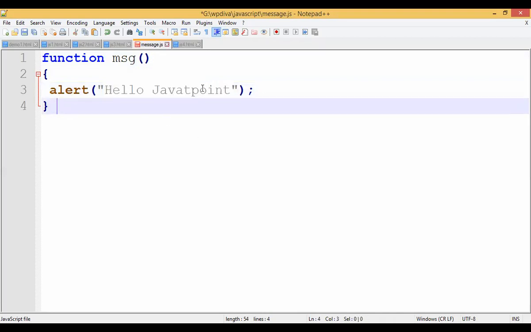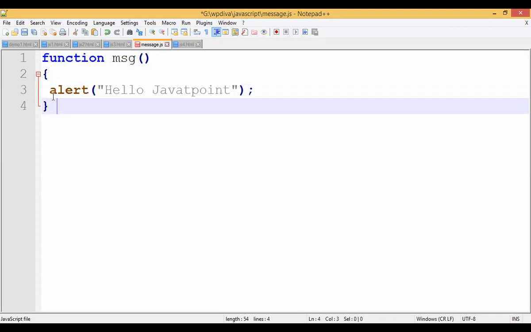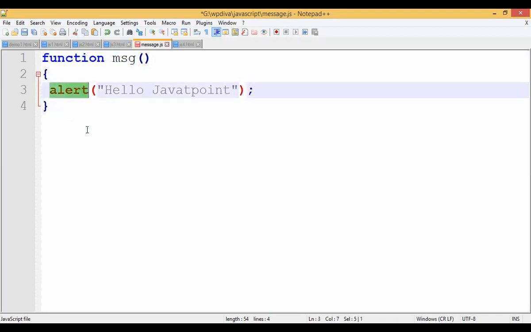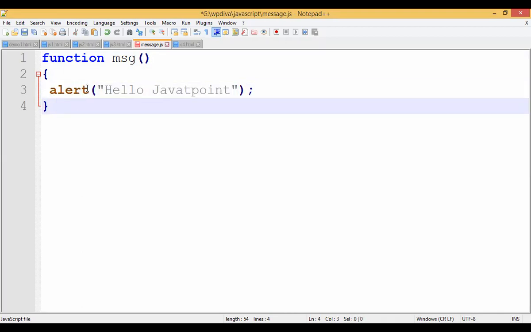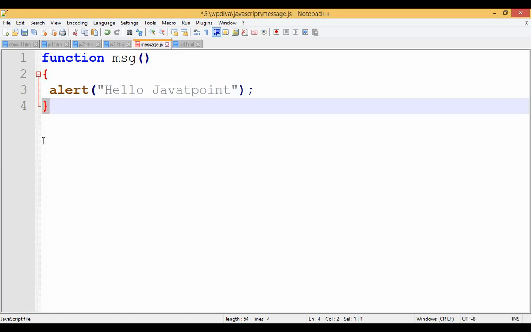Okay, so this is one famous website, students, called tutorial points, where you will get all the programming languages details. So I'm creating an alert box, alert, see how you write it in small case, opening bracket, double quote, semicolon, you can give or you can skip also, but end it over here, right? So you are going to end this with the curly brackets here. Now you're going to save this. So this will appear as message.js.